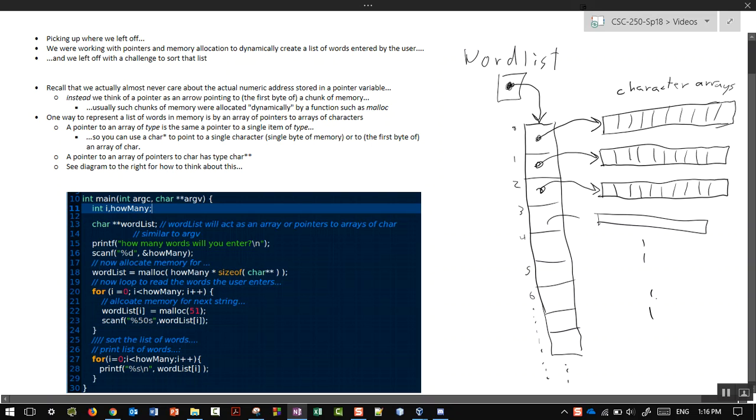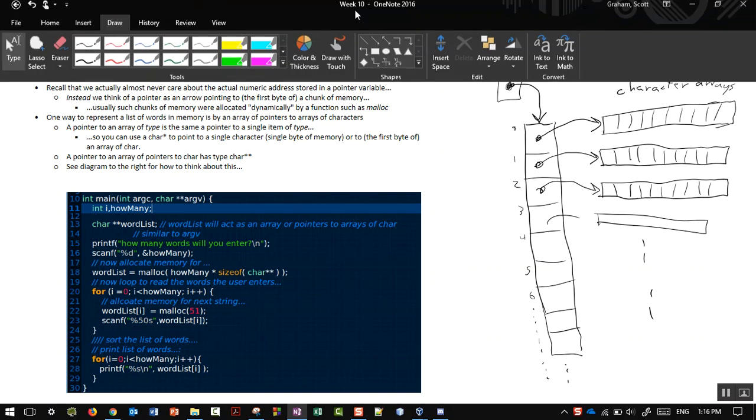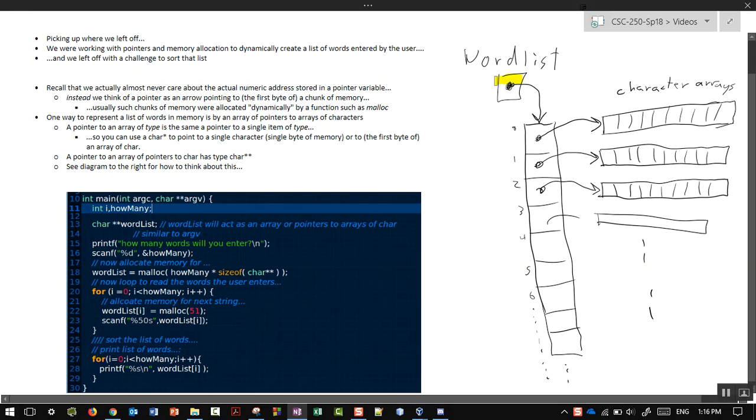So that's the basic way to visualize what we're talking about: a pointer to an array of pointers to arrays of characters. All right, that's the essence of what we want. Now I want to try to clarify what the data types of each of these things are. So first, let me just highlight this thing in yellow. And we'll say that is,